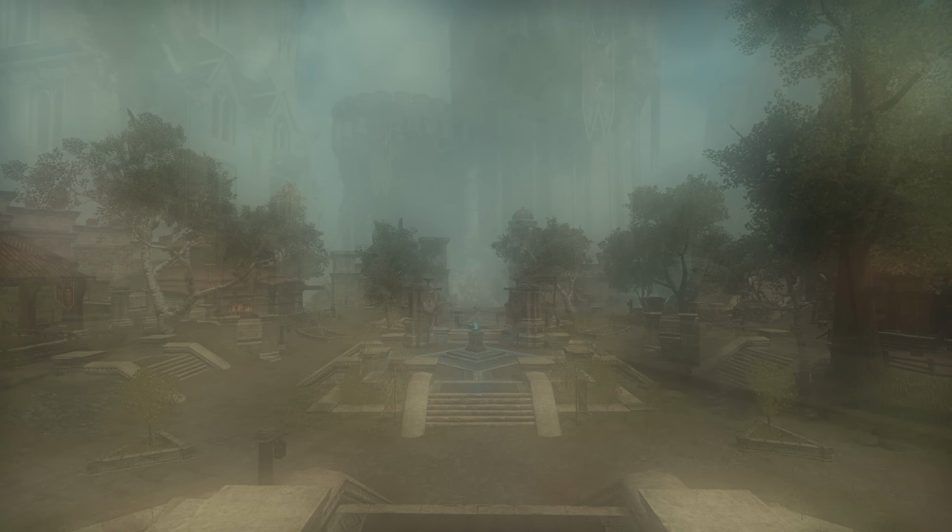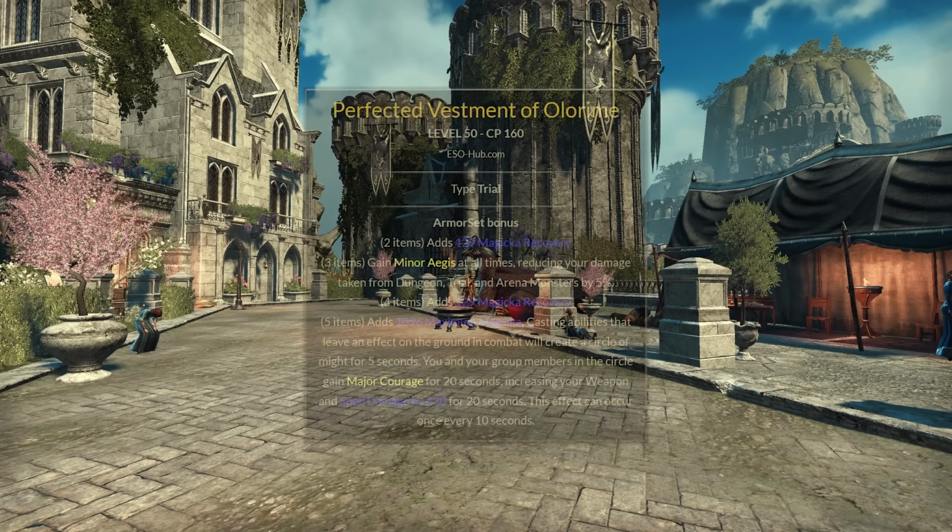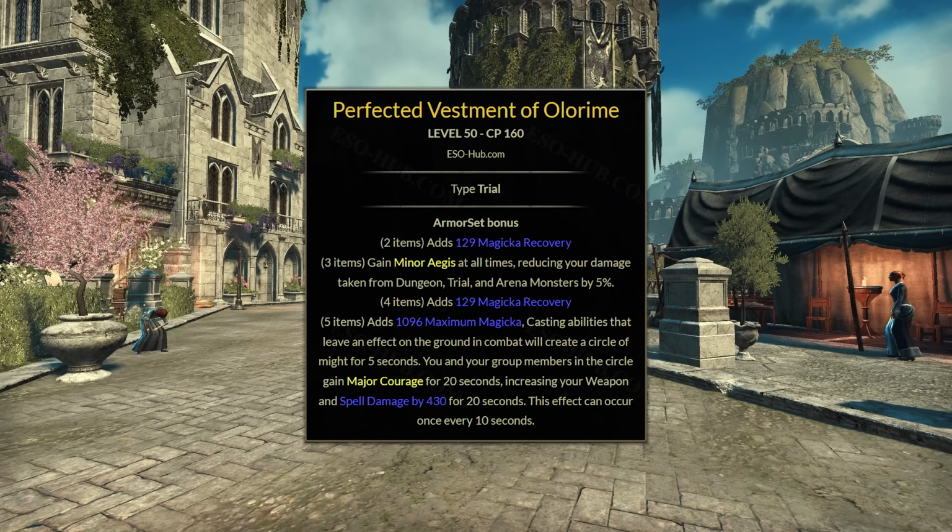Next up is Olorime, or rather Perfected Olorime, which is even better of course. This is a backbar buff set. It's not as strong as some of the other backbar buff sets later on the list in my opinion, but it's really not that far behind because Major Courage is a strong buff to have,